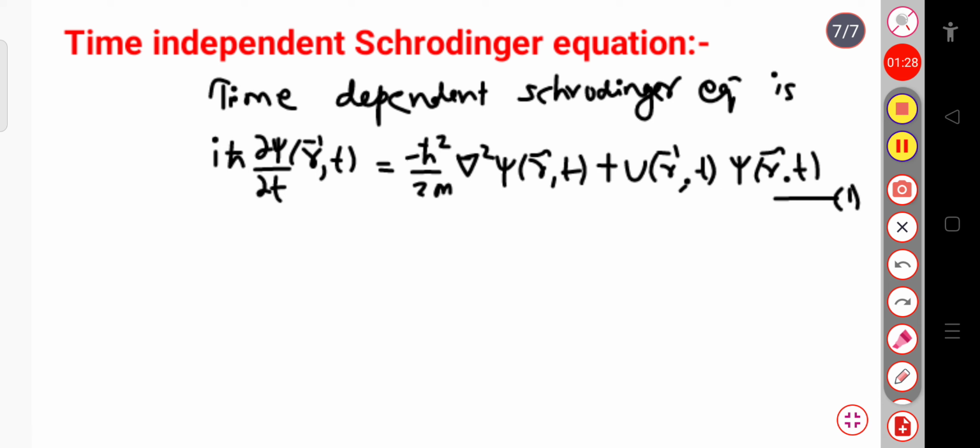This is, suppose, equation number 1, and this is known as the time dependent Schrodinger equation that we have already discussed. So now if I consider that the potential energy function in this equation will not depend on time, let me write, when the potential energy function will not depend on time,